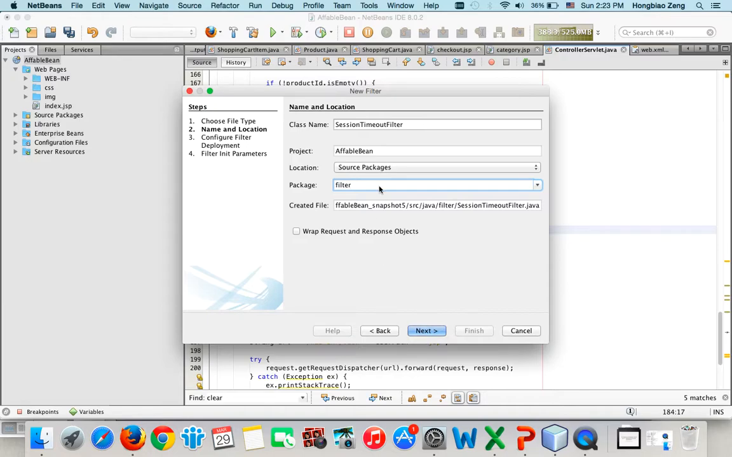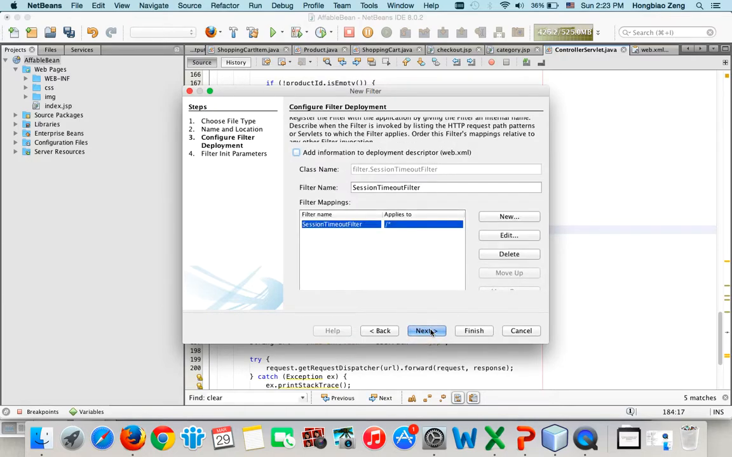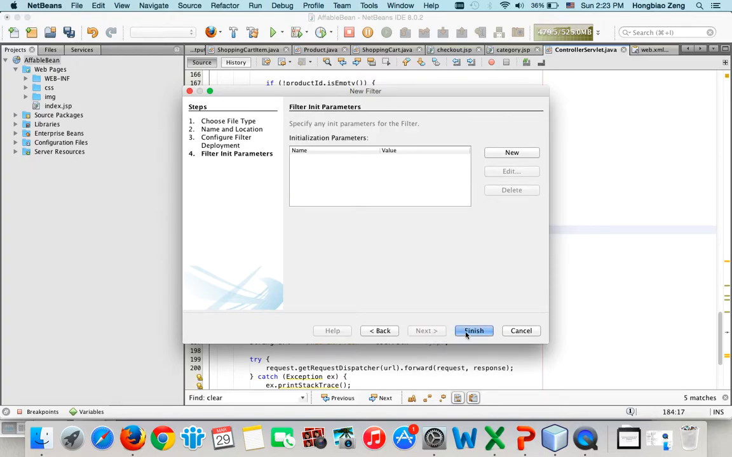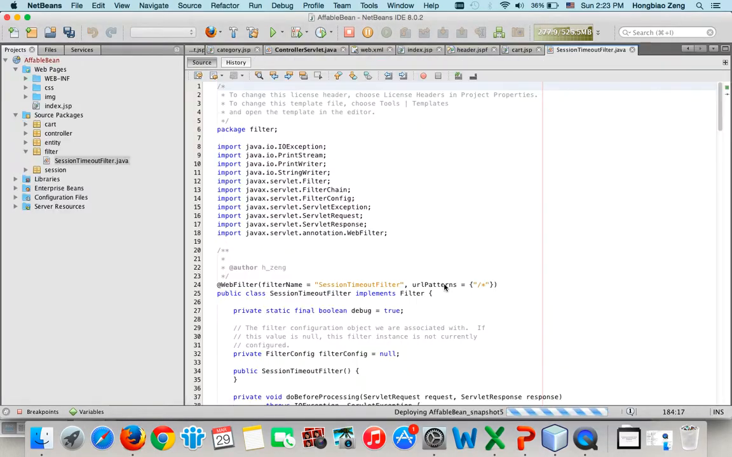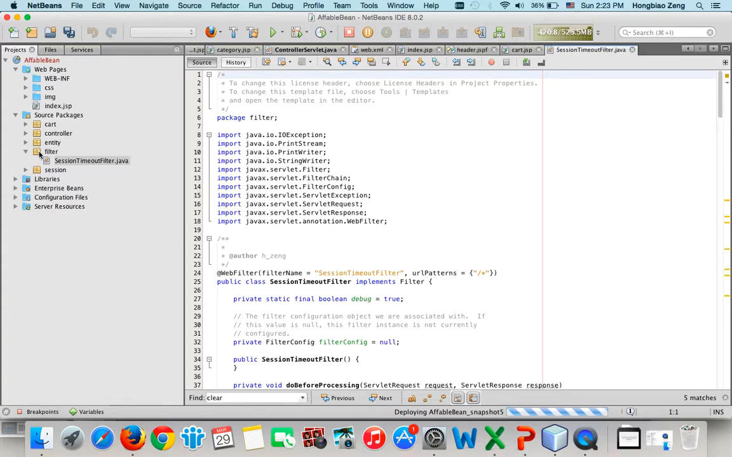Filter package. Then I set all the rest no change. I think we just use session timeout filter. Just accept every default setting. Then just click on next. Then click on finish. Okay, now you notice we have a new package called filter and a SessionTimeoutFilter.java